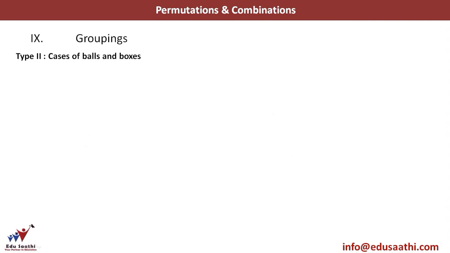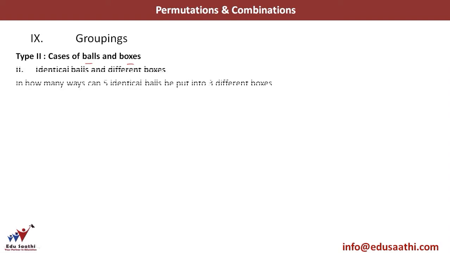So the next case is, again we'll have balls and boxes. Let's see what the case is. I have identical balls and different boxes. So in how many ways can 5 identical balls be put into 3 different boxes? So I have 5 balls. Now I don't have B1, B2, B3, B4 and B5. I just have B, B, B, B and B. These are 5 identical balls. But again I have 3 boxes,